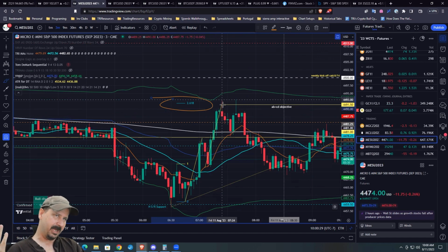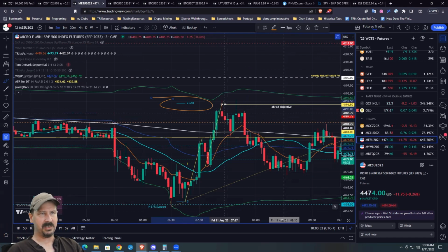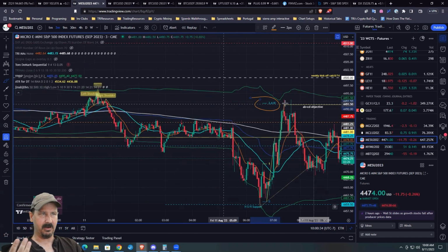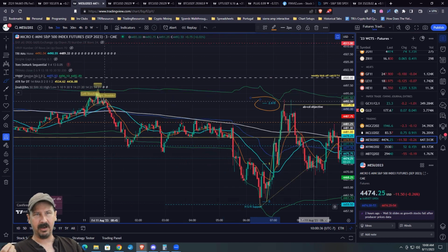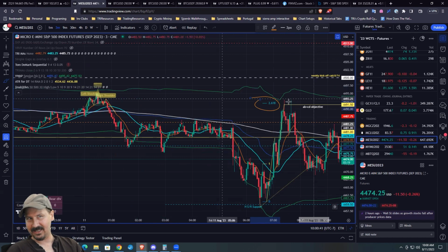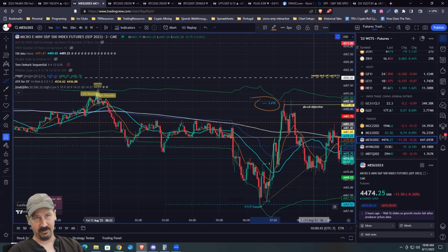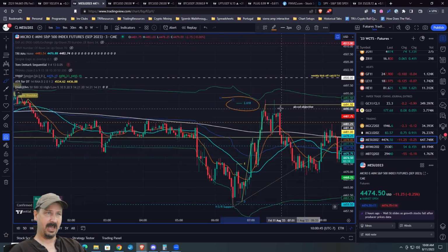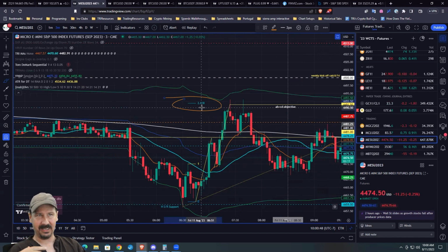The public buys up markets. So the market's racing higher here. What's the public doing? They're coming in and panic buying. And they're coming in and panic buying right into the institutions panic selling because they're like, "Don't let the market get up through that high." Hence, chaos. The market gets chaotic.